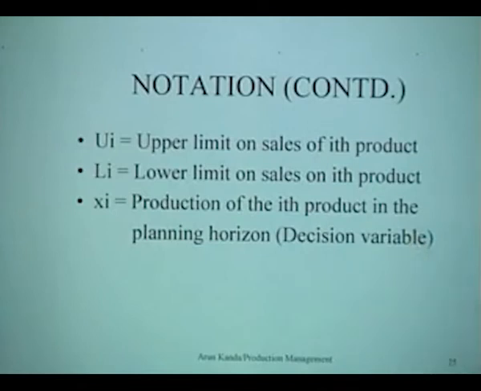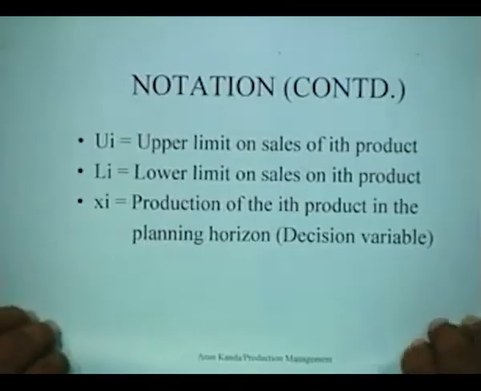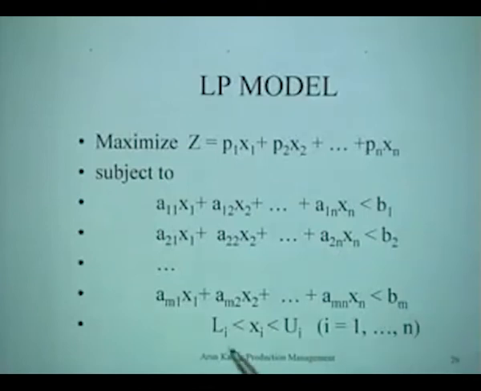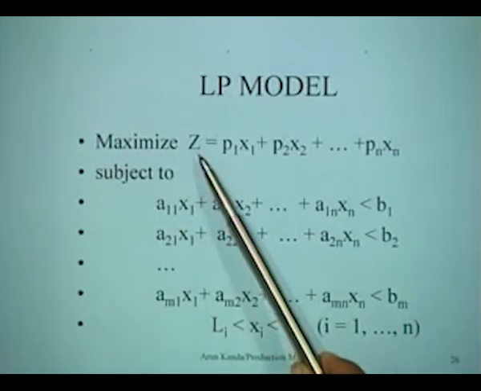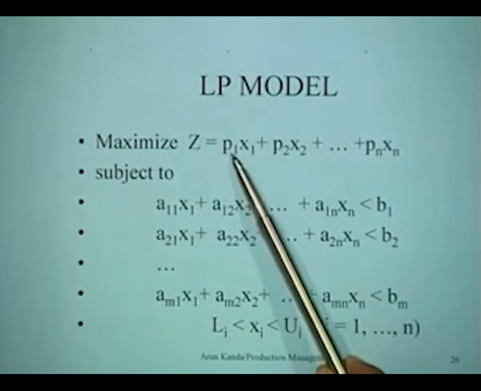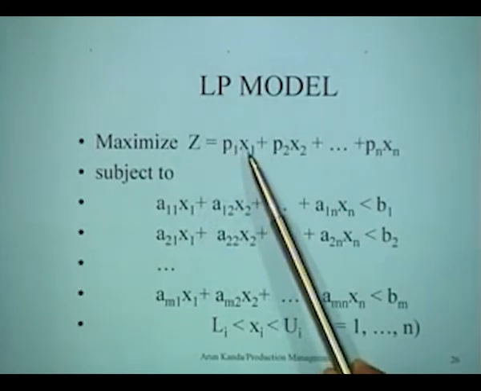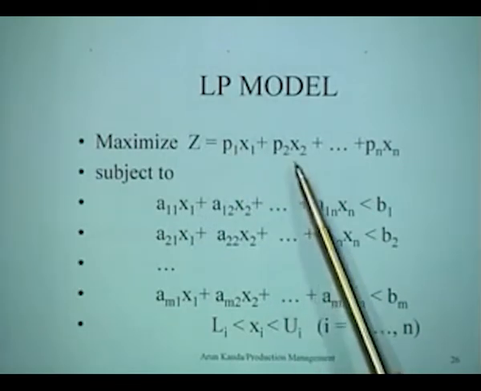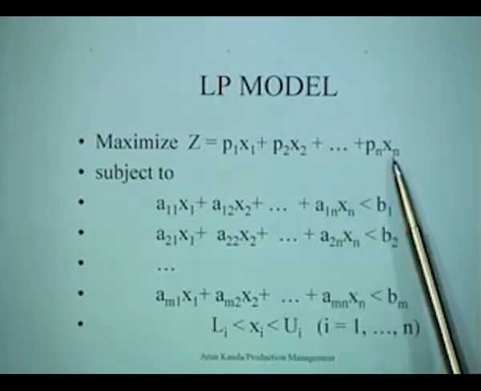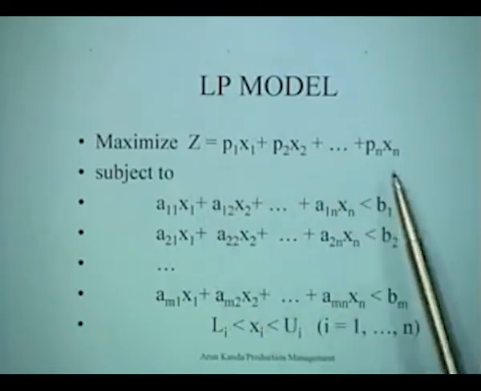So, this is our decision variable. You want to find out how much of each quantity to produce, and typically you have this situation. This model would actually look like this. The objective is to maximize the profit. So, P1 is the profit per unit from each unit of the first product. So, P1 x1 plus P2 x2 and so on up to Pn xn is the total profit that you earn,